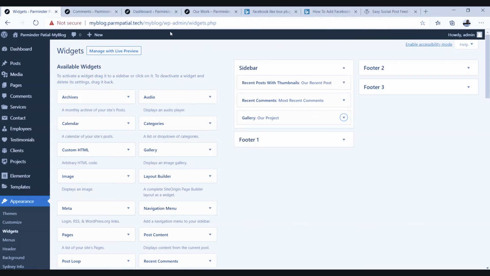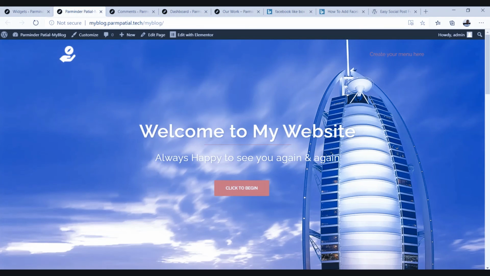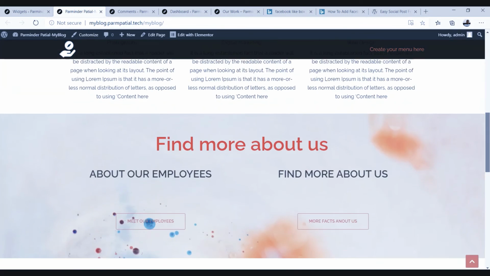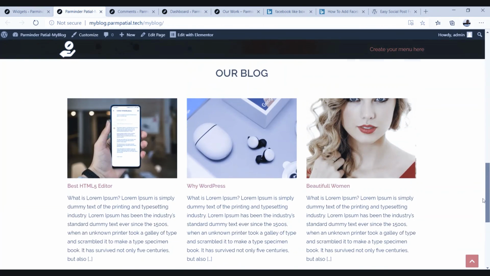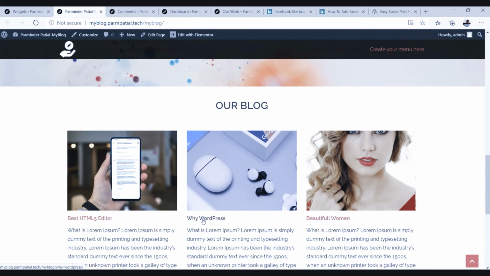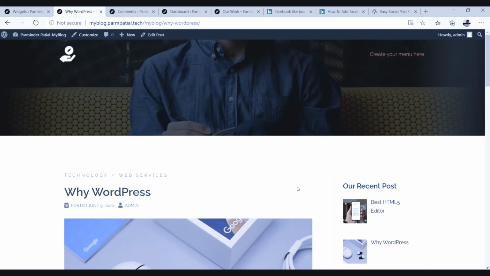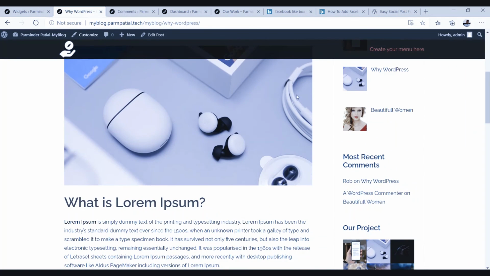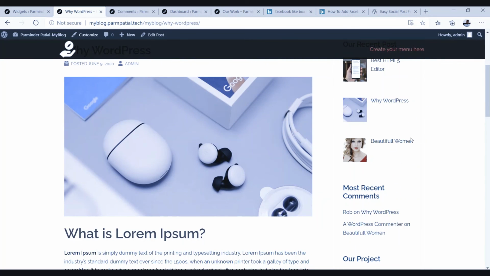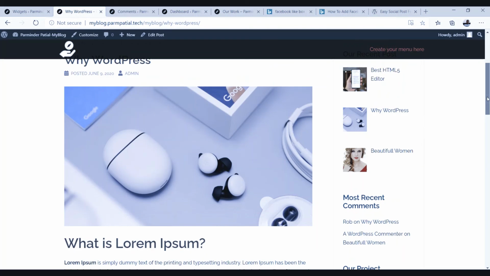Now if we move to the website, here just click on Visit Website. We see over there this is our front page, and we don't find the sidebar on our front page. If we visit any of our pages, like we wanted to visit my blog, this my WordPress blog, then click on this blog, and you will find this sidebar on the right side of the page.